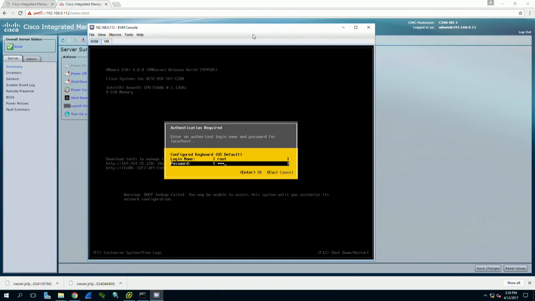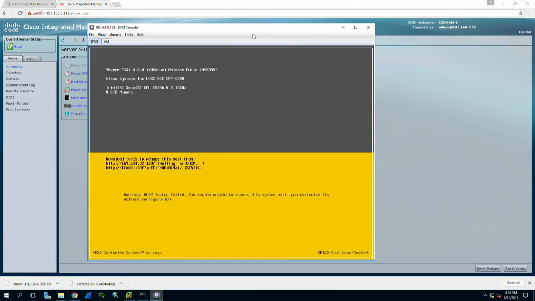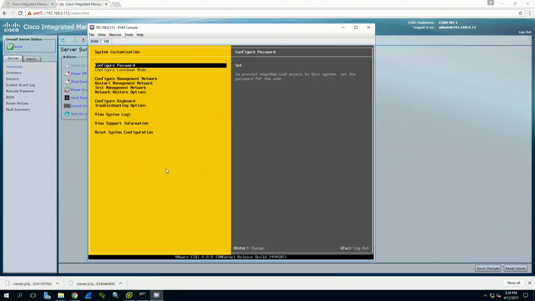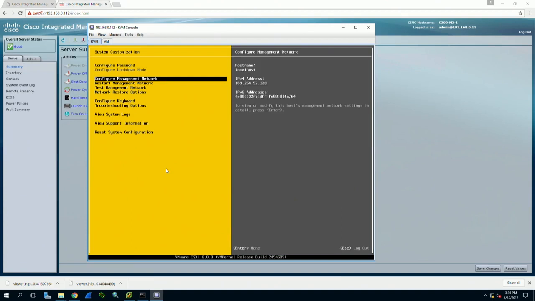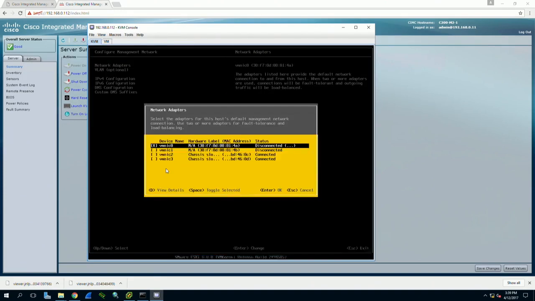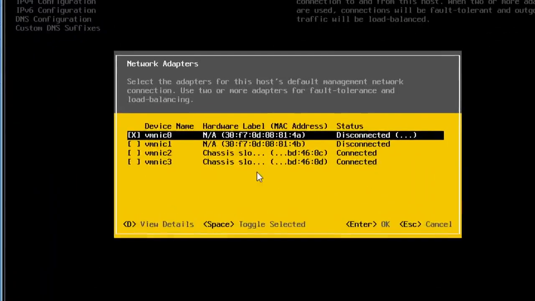Okay, if for some reason you cannot log into the box, then you can just do the reinstallation. It only takes like 5 to 10 minutes to install. Okay, so we log in, then we're going to go down to Configure Management Network, and we're going to go to Network Adapters. Okay, in this case, we can see that the VMware host, so the hypervisor, sees 4 different